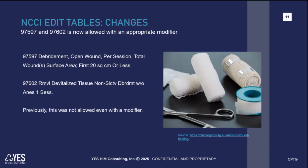Now we have two debridement codes. This previously was not allowed even with a modifier, but now it is allowed with an appropriate modifier. When we're talking about debridements, you would really want to look for separate sites or separate injuries or something like that to be able to add an appropriate modifier to resolve this edit. So 97597 is an open wound debridement. It's per session, and it goes by total wound surface area. And now they're saying if you have